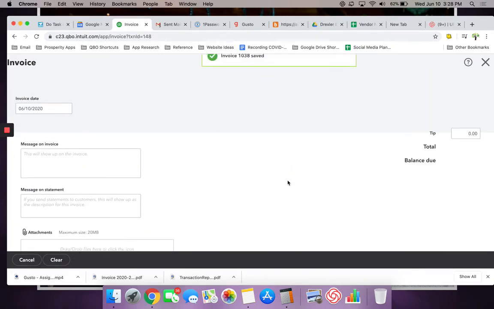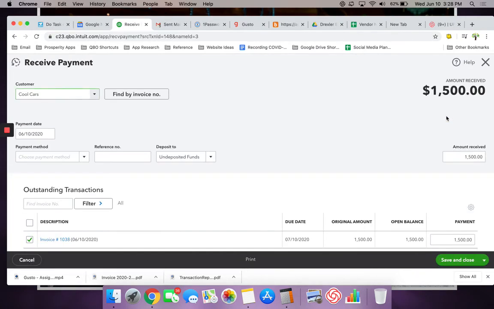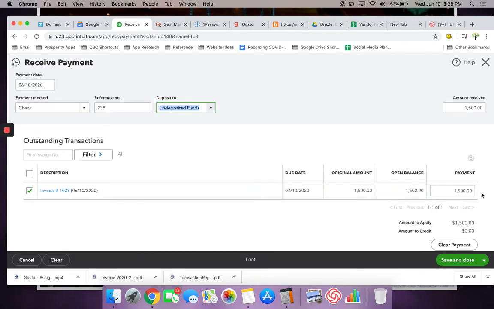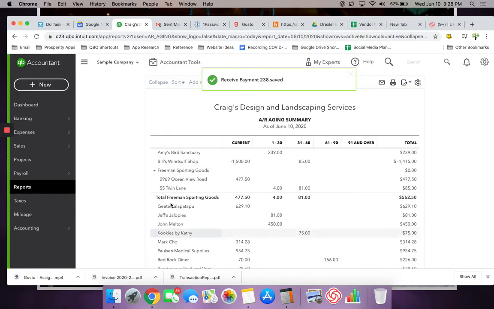And now we want to apply that 50% down that the customer gave us, so we can just click on receive payment here, and we can receive the check for $1,500 and apply it to that invoice for $1,500. Now there will be nothing open on our accounts receivable report, and if we go back into that estimate, so